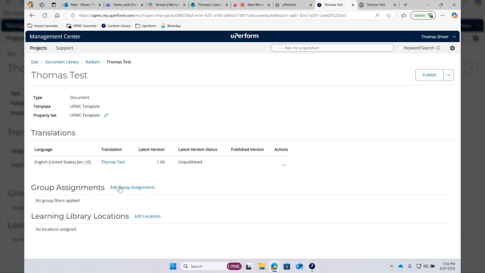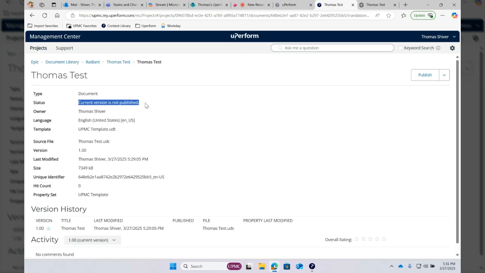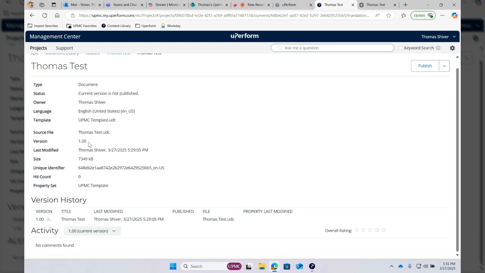Right now, it's nowhere. But if I wanted to do a little something about this actual published file or unpublished file, I got to open up the translation, and then I see it is not currently published, who made it, what it is, and what version we're currently using. If I go all the way down, I can see all the versions, and I can